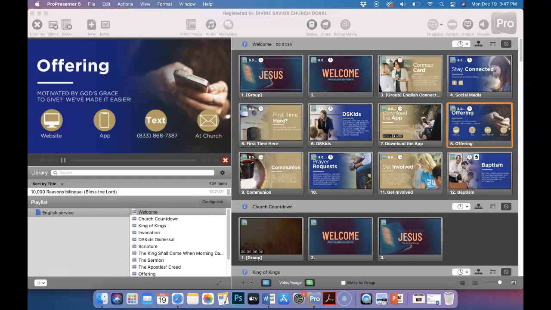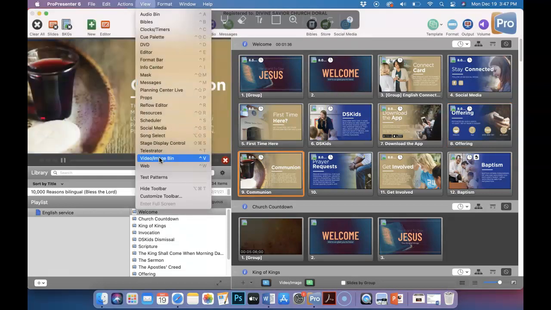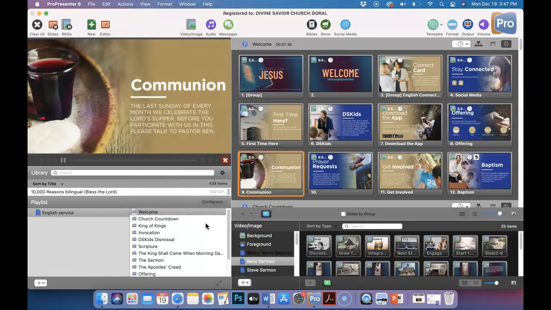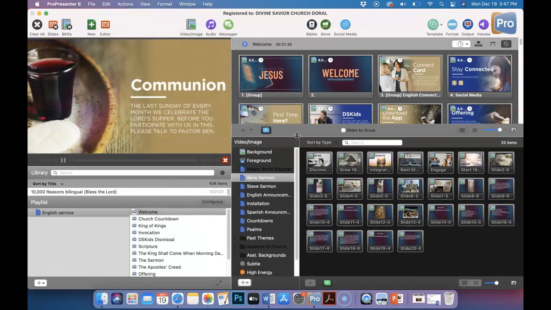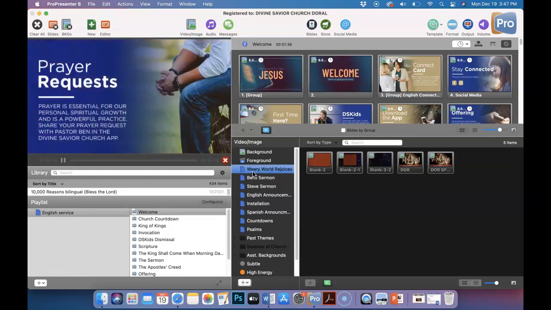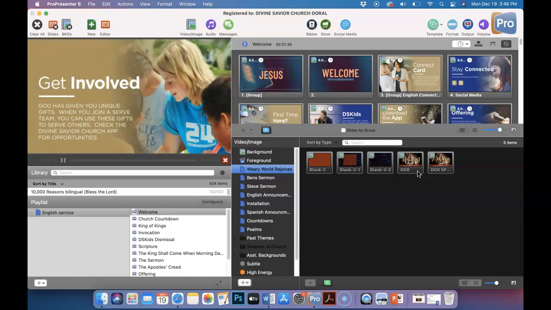I'm going to open the video image bin, which I can do using Control V, or coming up to the view menu here. Open this up a little bit, and I'm going to go to Weary World Rejoices. I already created this playlist, and I downloaded the backgrounds that Brittany has already created for us. But what if I need additional resources? So what I'm going to do today